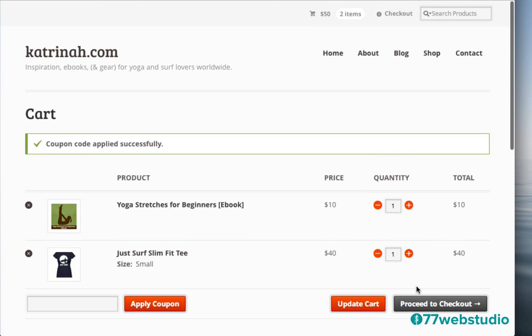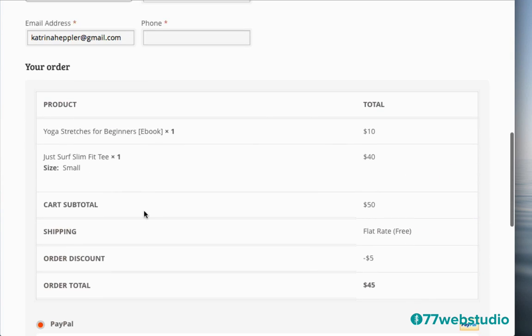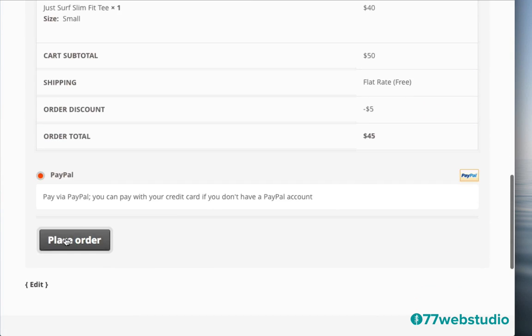So the next step is a customer would just click on Proceed to Checkout to go to the checkout page. And here on the checkout page, they can simply fill in their billing address and their shipping address, and then scroll down, check the details of their order, and then they can click on Place Order to check out and pay for their order. Now note that right here we see I have set up this online e-commerce store with PayPal, just because PayPal is the easiest and fastest payment method to set up in this website. But of course, if you want to have some other kind of payment method, you can set up some other kind of payment method, and I'll show you how to do that as well in this video.